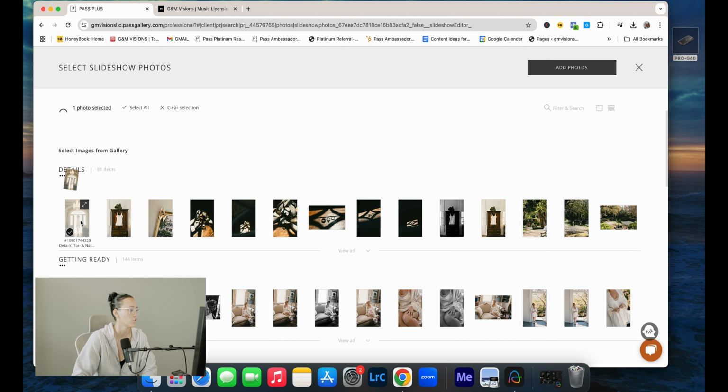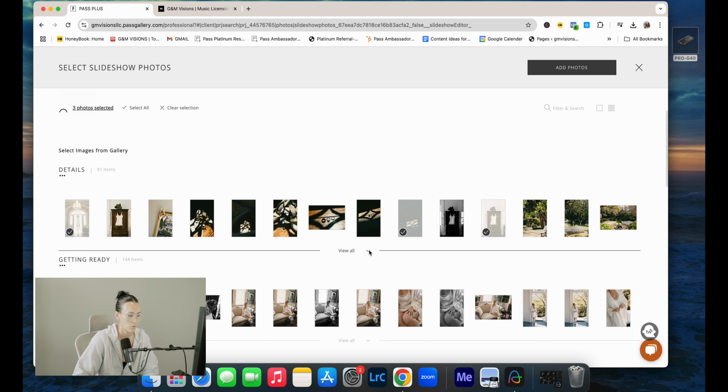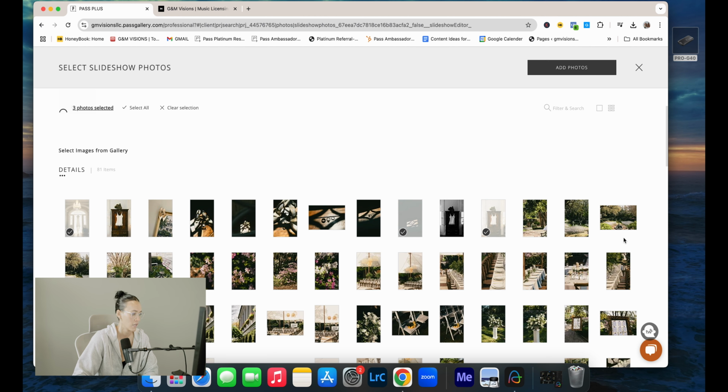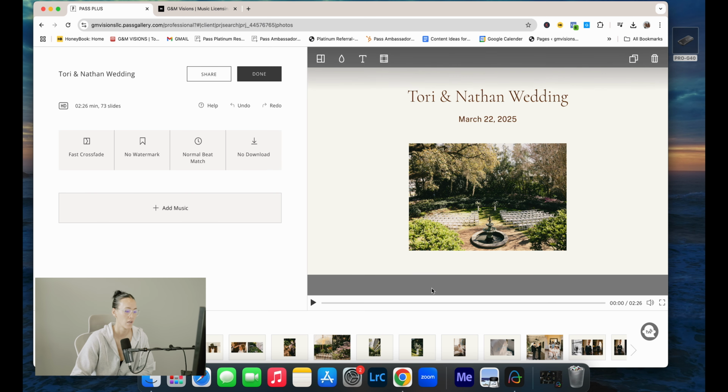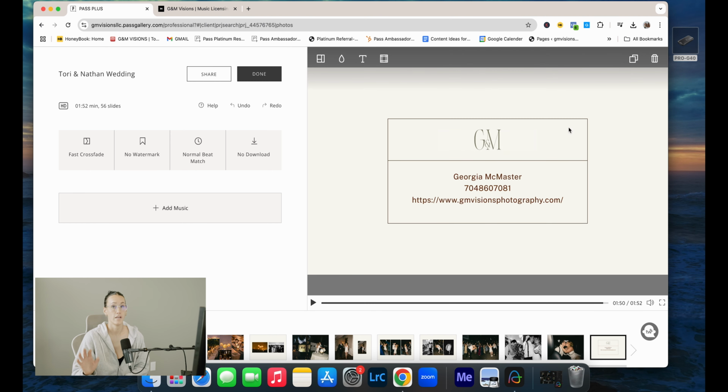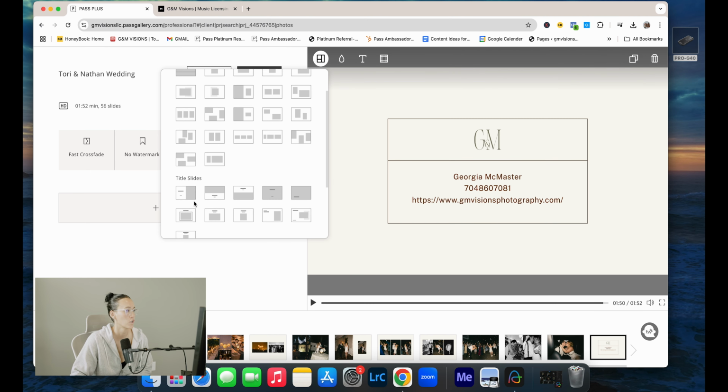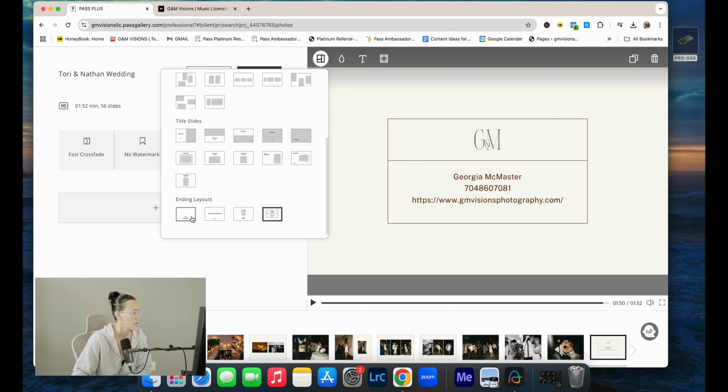So I kind of like to organize throughout the day and just pick and choose random bits that I really liked, just to make it make sense. So I just added all the photos and they're going to pop in, and Cass will kind of do it for you, and then I just go in and make sure it's arranged. Okay, so I got all my photos in there, so I'm just going to change this title slide,